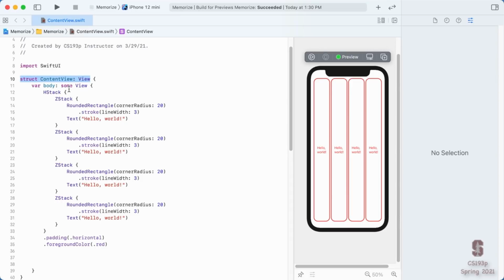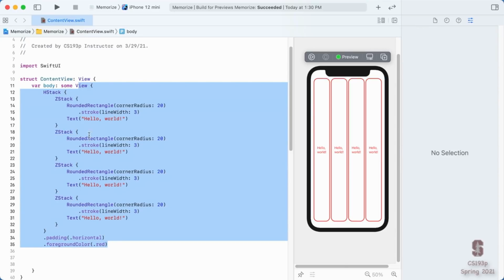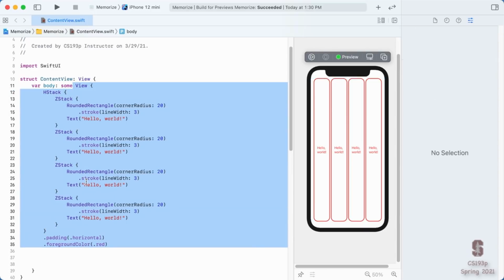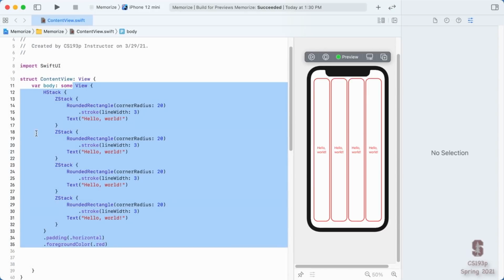And in fact, we're going to do that all the time because in SwiftUI, we really want our views to be quite small. We want them to have very little code in them. It's better to have more smaller views than fewer larger views. A view with this many lines of code is pretty rare. And we're only just getting started here because imagine how complicated our card UI is over here. And yet I'm telling you that even this many lines of code is a lot in a view. Okay, lots of small views. That is the design paradigm of SwiftUI.